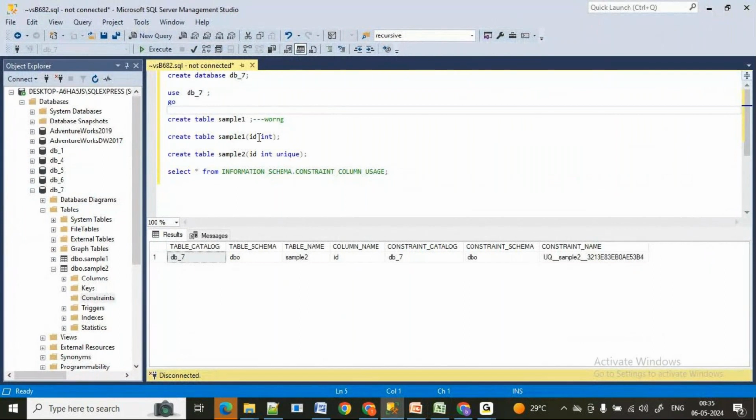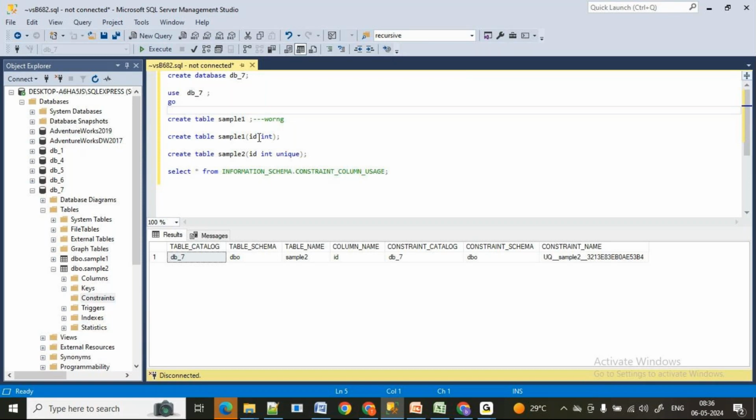See, column is mandatory. Creating a database, you can create just like this: create database and the database name. But you cannot create a table with just create table and a name. So, what is mandatory? Columns are mandatory. As human beings, we know what kind of data we can store in the column, but the server doesn't know that. So, what do we have to do? We have to give the data type for that column. So data types are mandatory.